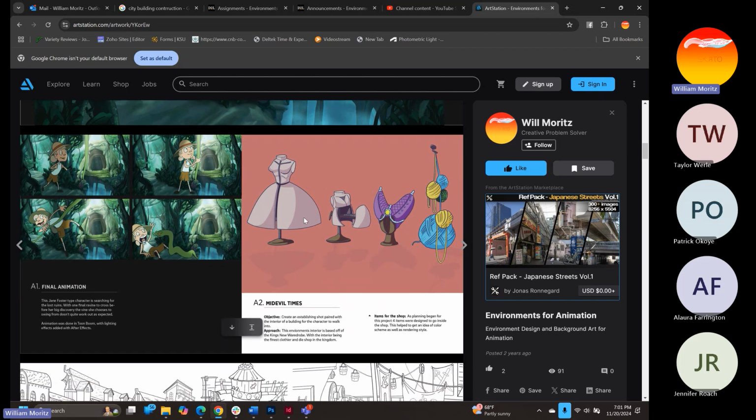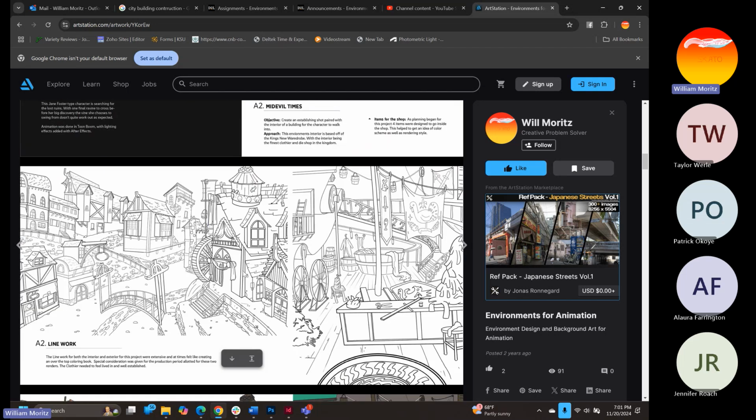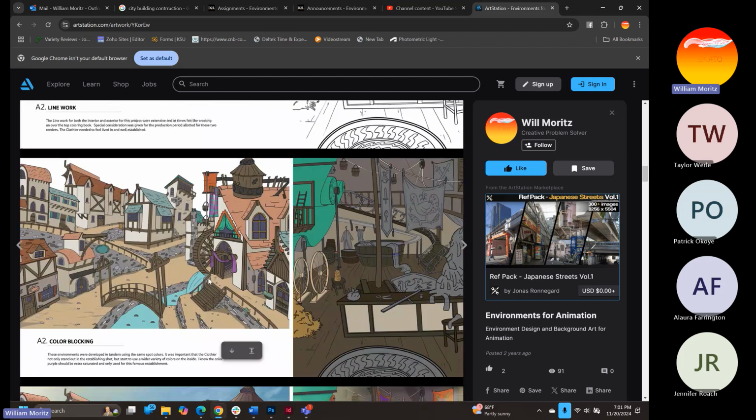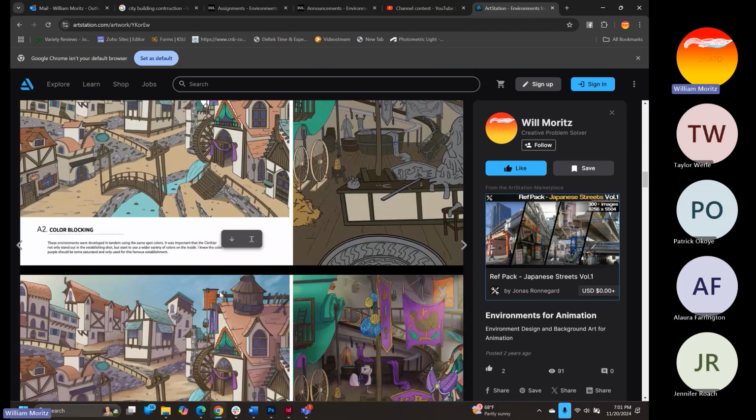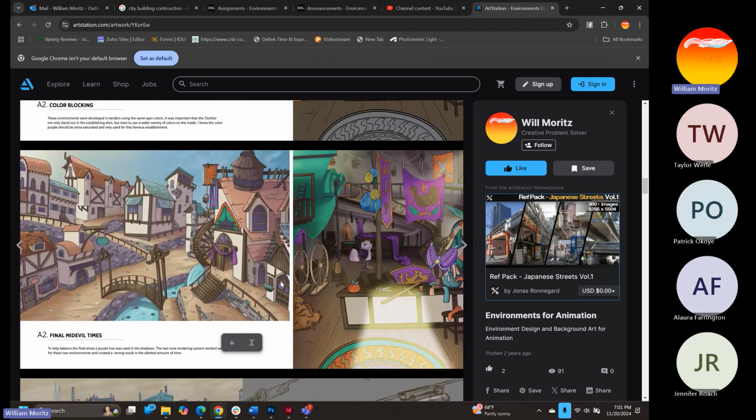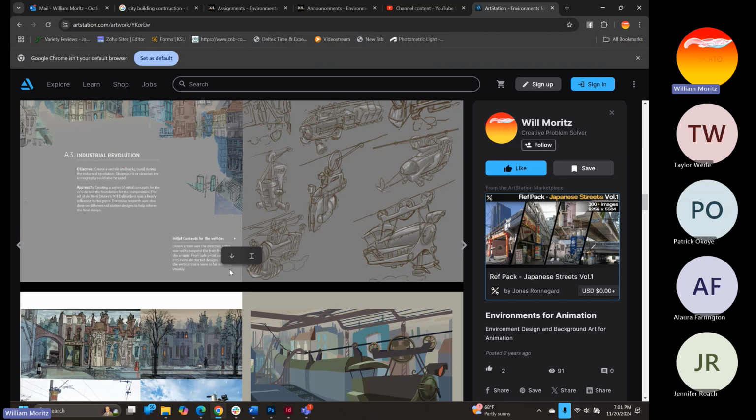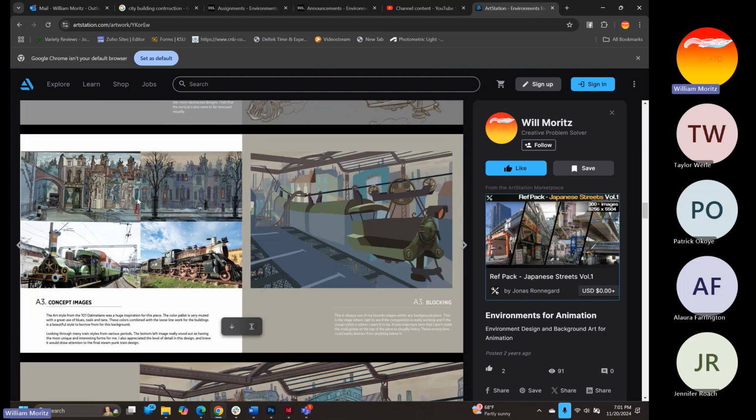And then from there, going into the medieval times project, showing the line work, and from the line work developing into the flat color, and then from the flat color into the final illustration. And I'm kind of doing that through each one of these pages. Within my early